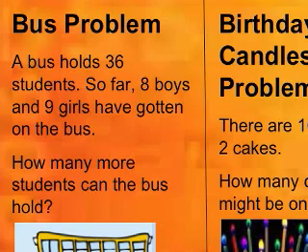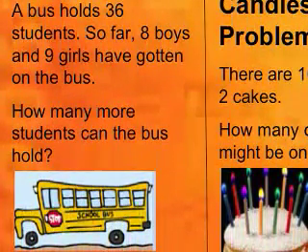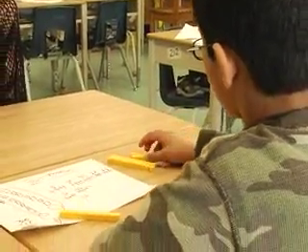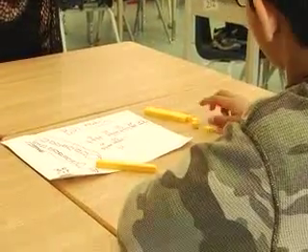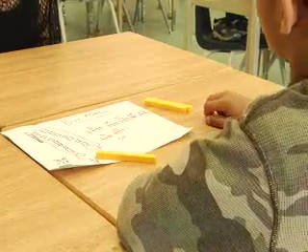So in one of the tasks, we have a bus problem where we talk about a group of kids, and we talk about how many students the bus holds, and how many kids are already on the bus, and we ask them how many more students the bus can hold. Now what you'll notice about that task is that it involves 2-digit numbers, because there's the 36 there. You'll also notice it involves both addition and subtraction, because kids have to figure out by adding somehow how many kids are already on the bus, and they have to figure out by subtracting how many more students could still fit on the bus. And there are many strategies students could use to solve that problem, and by watching those strategies you learn a lot about what those students are thinking.